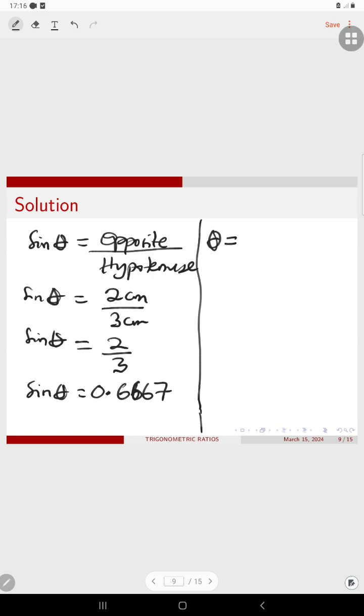Theta will be the sine inverse of 0.6667. And how do you press sine inverse of that? You press shift on your calculator, then you press sine. The sine inverse will come. So take your calculators, press shift, press sine. You get sine inverse, you enter this one in bracket, you close the bracket. And you get